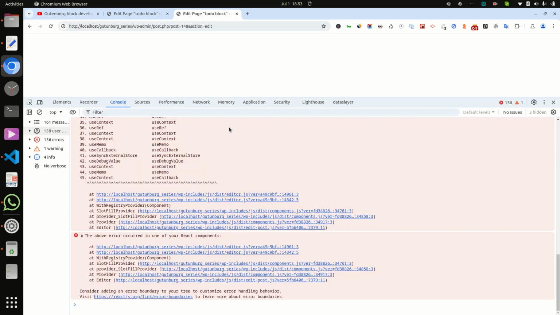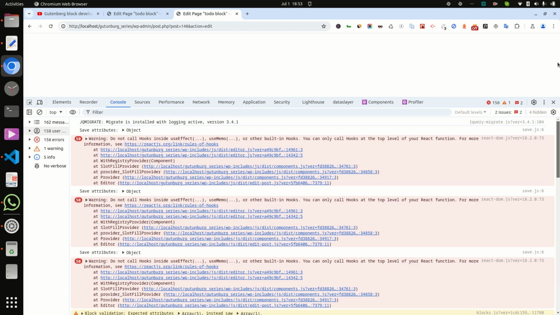Go to the console, Shift I, and it is showing 156 errors. So some may be due to this block or some other thing. It is showing: do not call hook inside useEffect, useMemo or other built-in hooks. You can only call hooks at the top level of your React function.